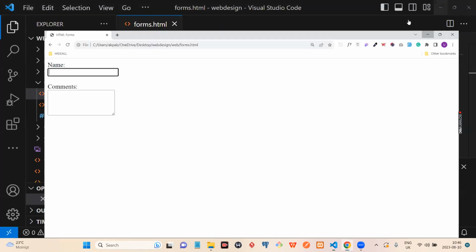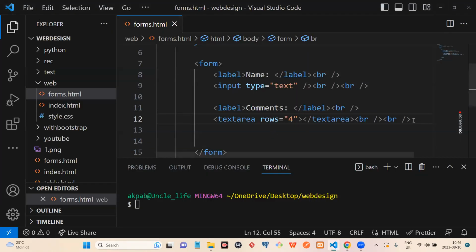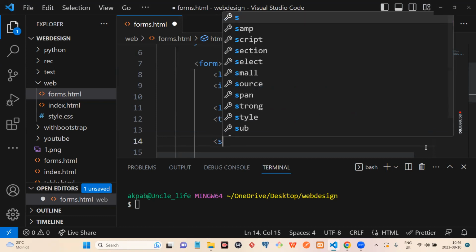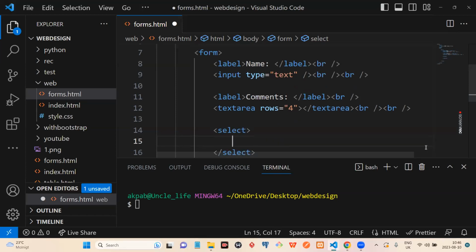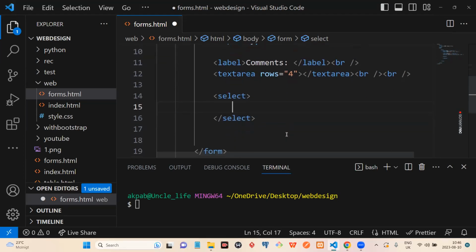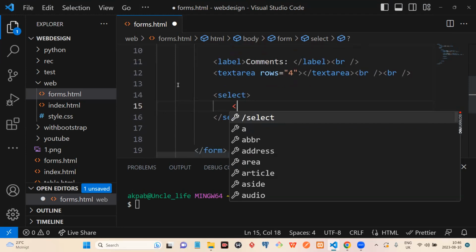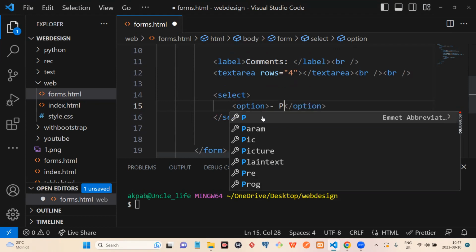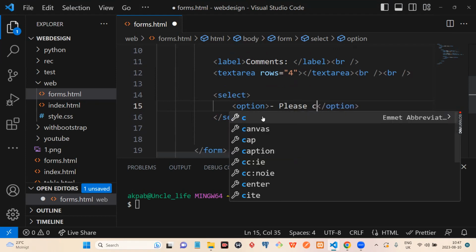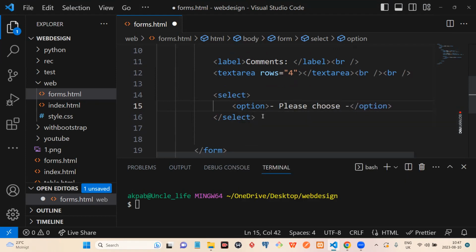So we have other form components like the drop down list. So in HTML, we don't call it drop down. We actually call it select. So select, once you have the select, you go inside and then you type options, option, okay? You can leave the first option like this, please choose, okay? That looks good. Then you have other options like